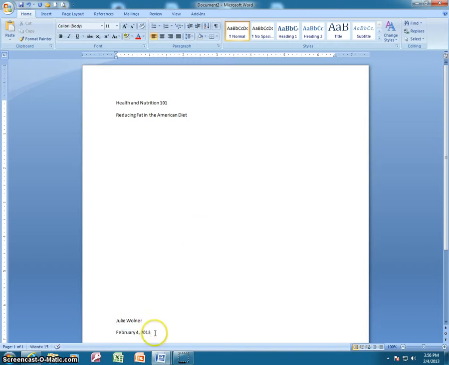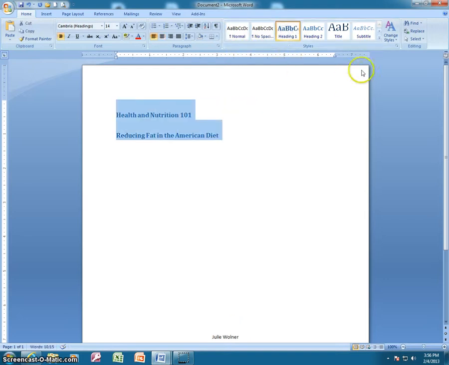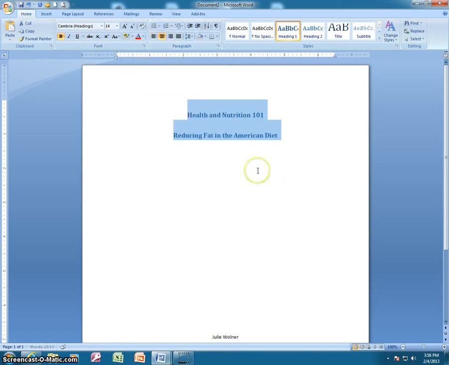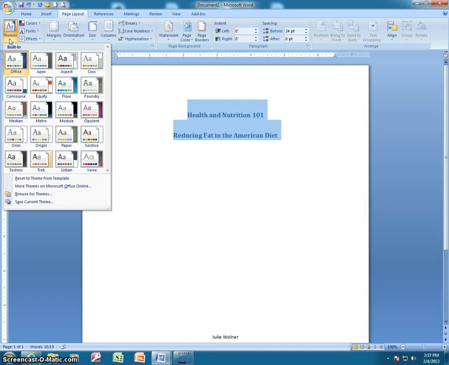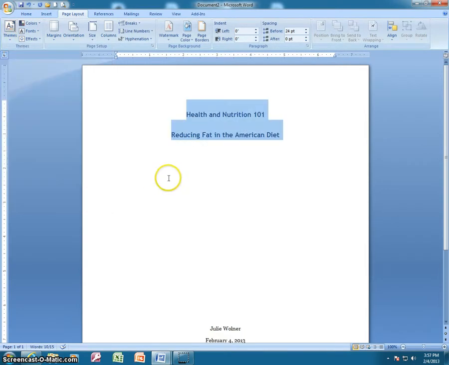Okay, so a lot of times what we do with title pages is we center everything, makes sense, and then we might make the font size bigger, maybe we change it to one of these existing heading styles, for example, or maybe you would use your own fonts for setting that up. I think I'll go ahead and keep that centered. And then I'm going to apply a theme to it. So once again, if I go to the page layout tab, and in this particular example, we are going to use the urban theme to help it stand out just a little bit more. Now,